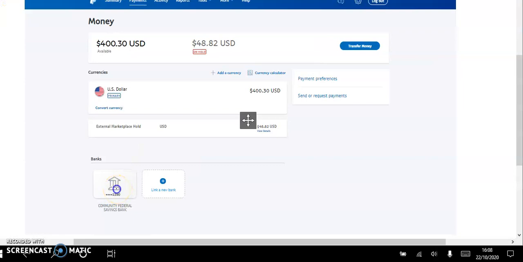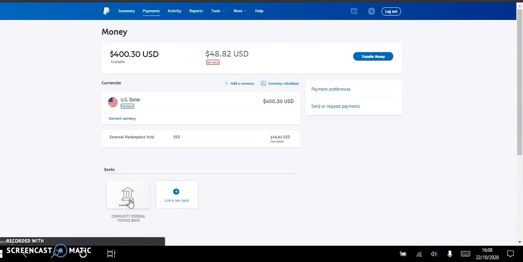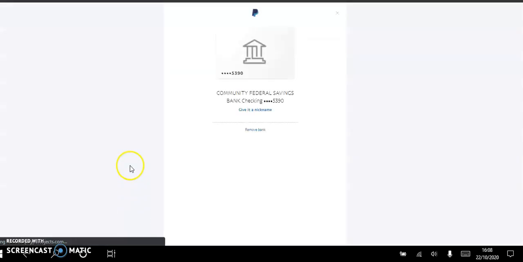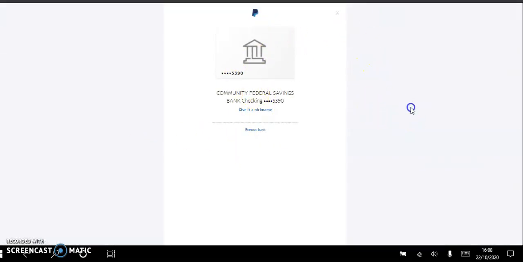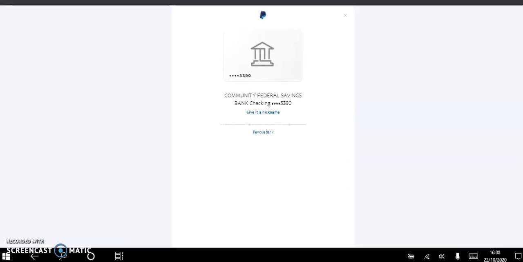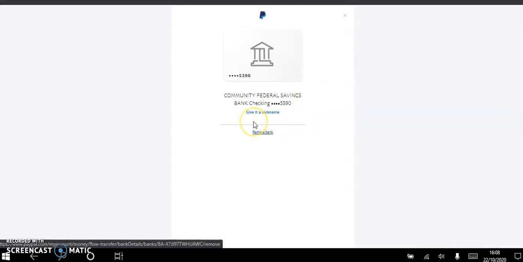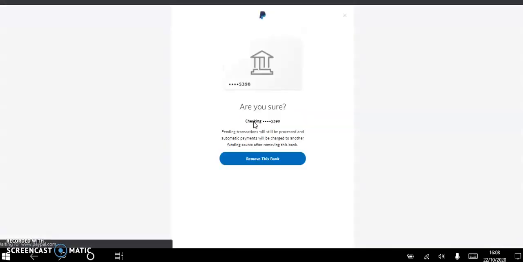So we will click on the attached bank. Once we click on it, it will open. The same case would apply if it was a card. Then we'll come here to the attached bank. Once we come to the attached bank, we'll see remove the bank, and upon clicking that,